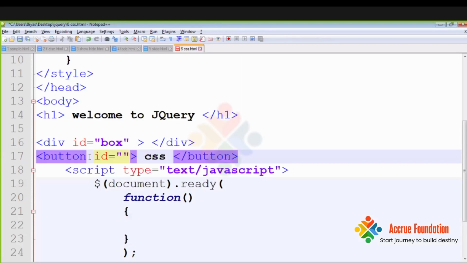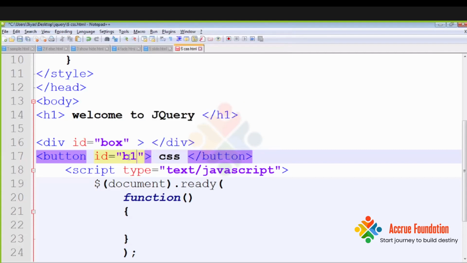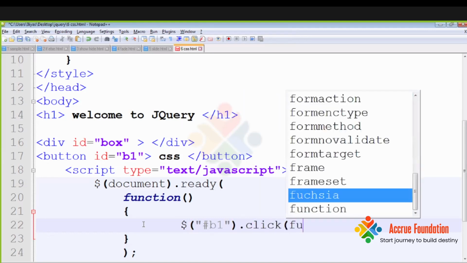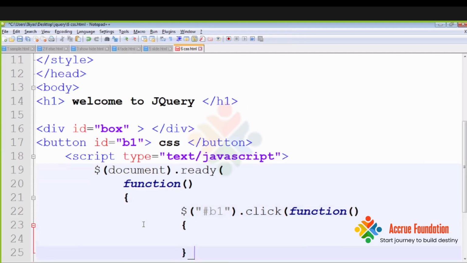I'll give one ID here, v1. I'll write the dollar symbol with v1, and whenever you click on it, this function is going to start.